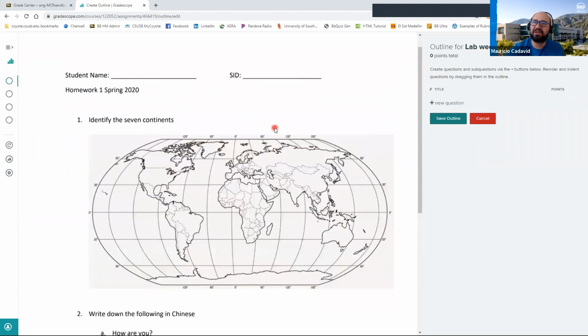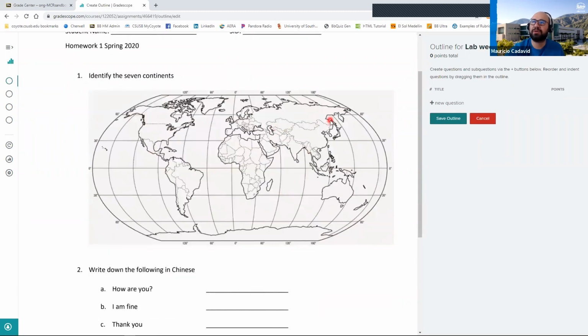Now I'm going to tell Gradescope, when students submit this, what am I looking for? So I'm going to create a question. And when I say that first question, where it says right here, I'm going to say it's going to be identify the continents. When I go,